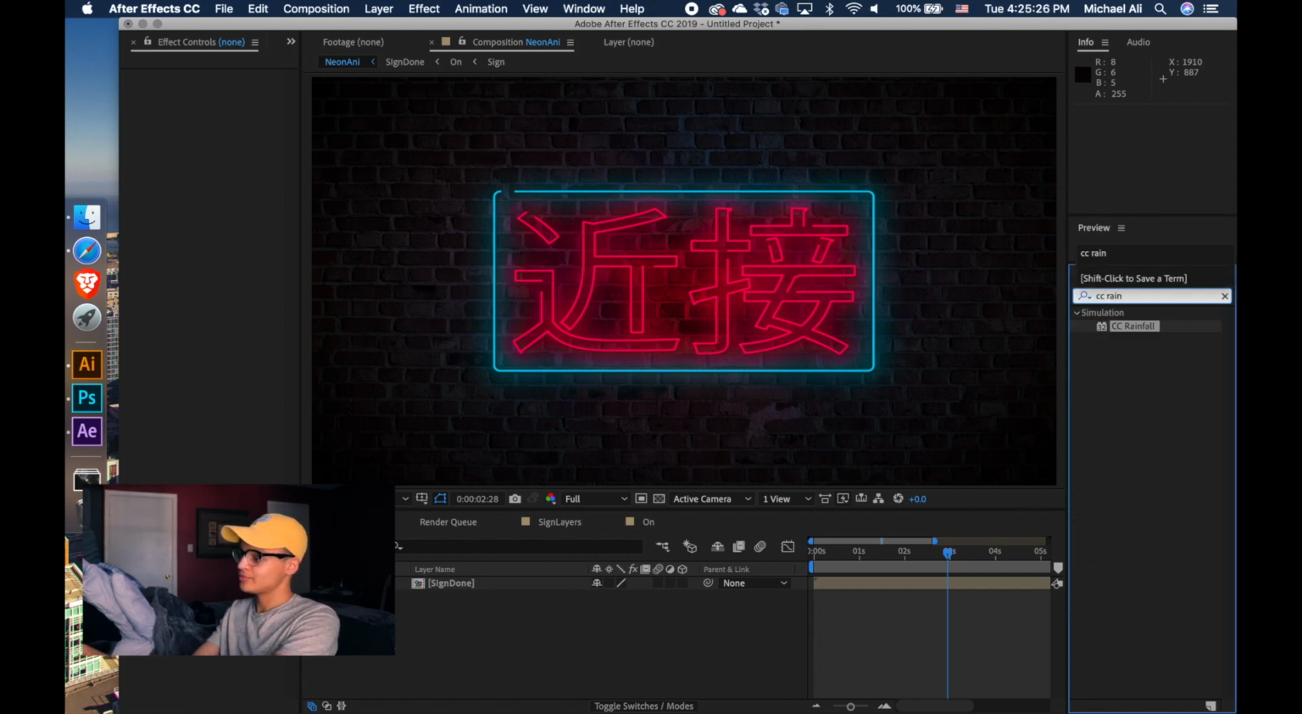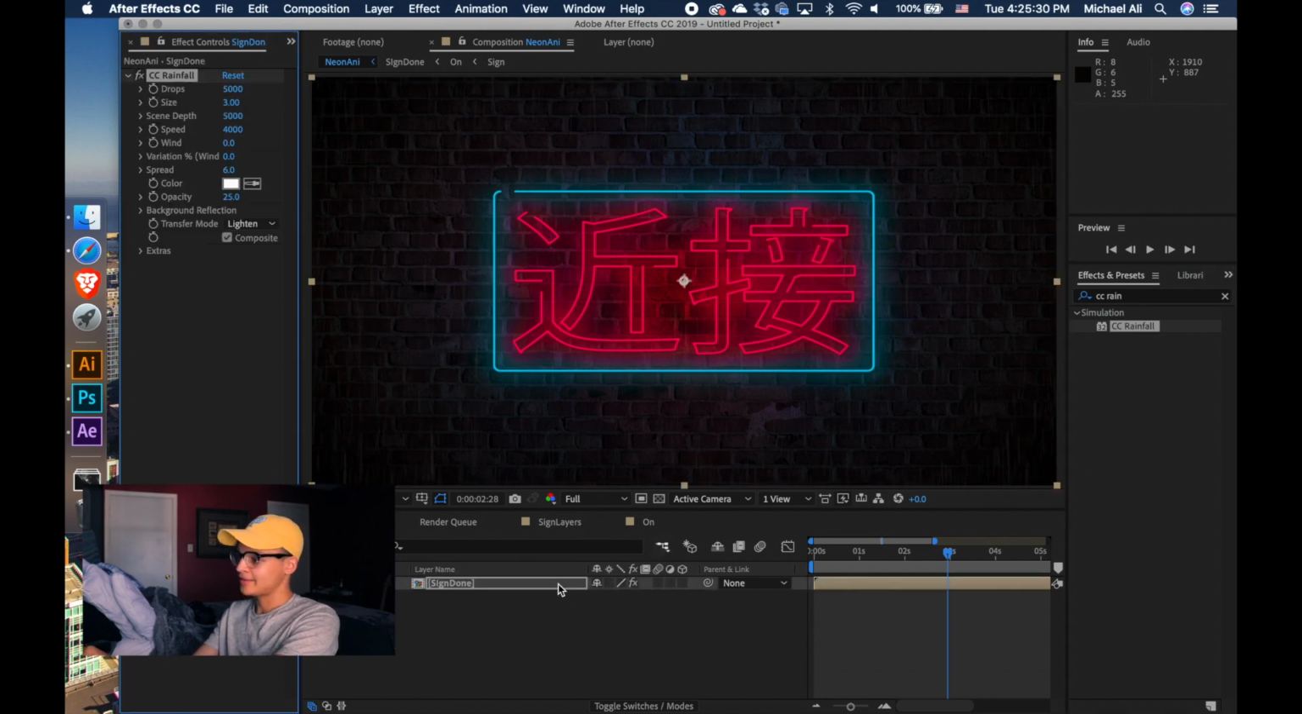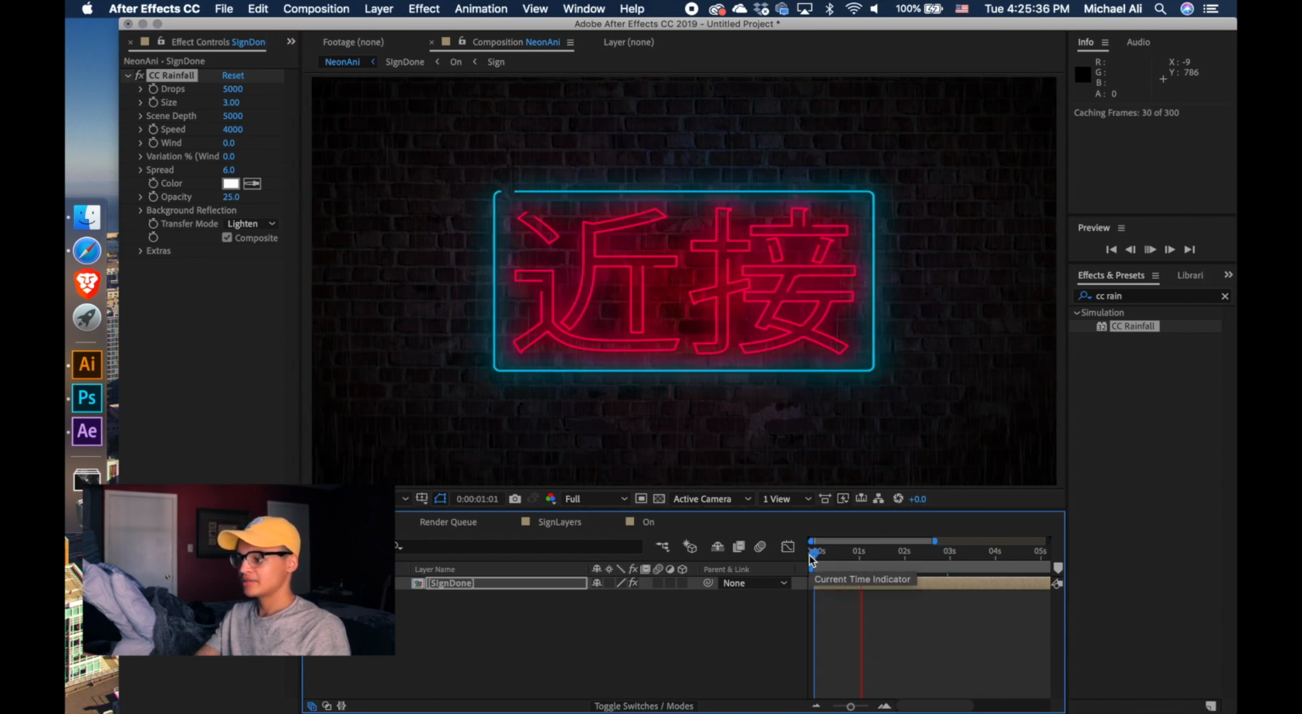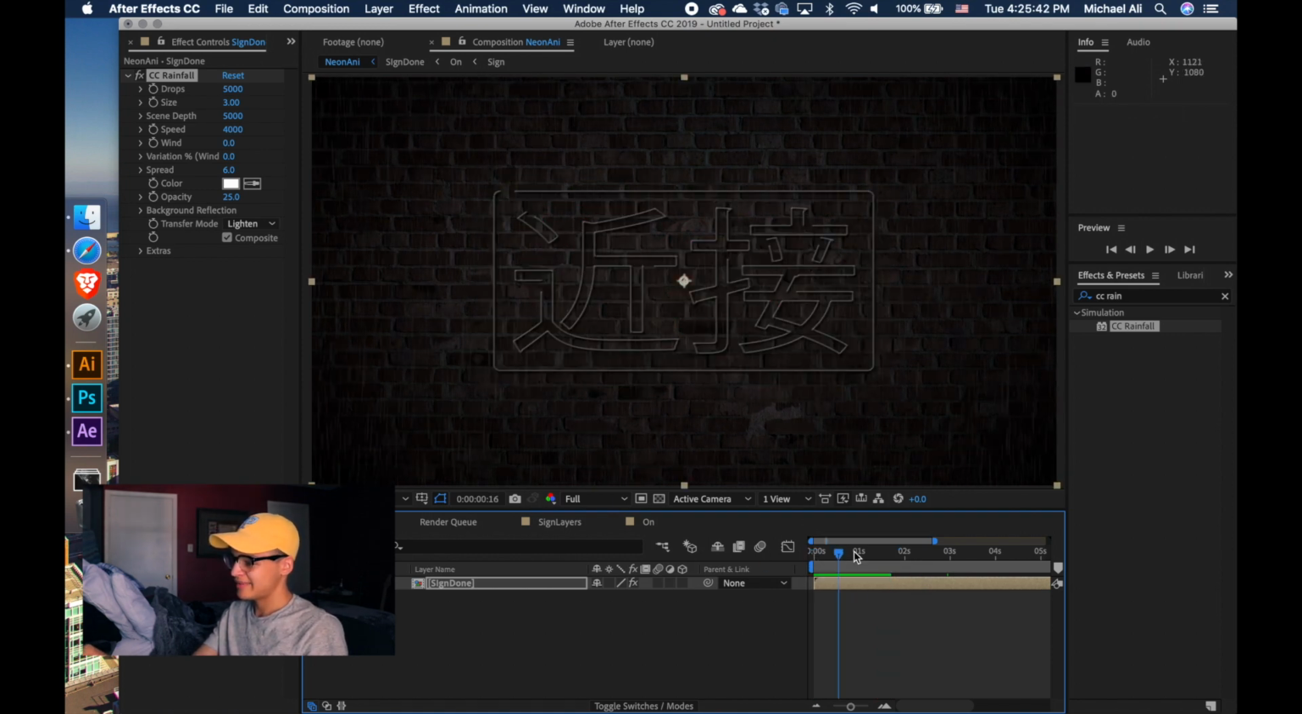We're gonna type in CC rainfall, add that to our composition. Bam, here we go. Got some nice rain. Let's see how that renders like this. You see that? It looks good. It's a little choppy right now, but we want to change that just a little bit to add a little